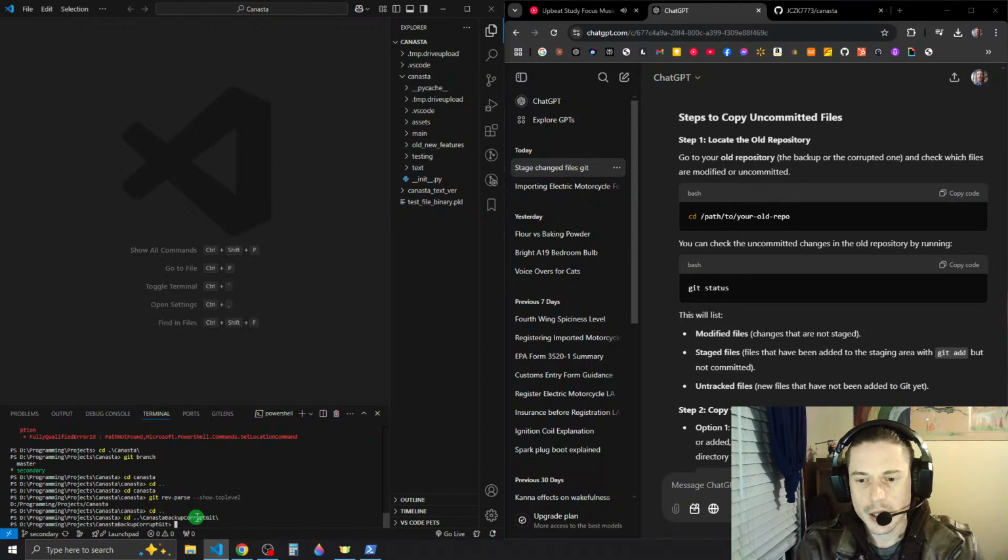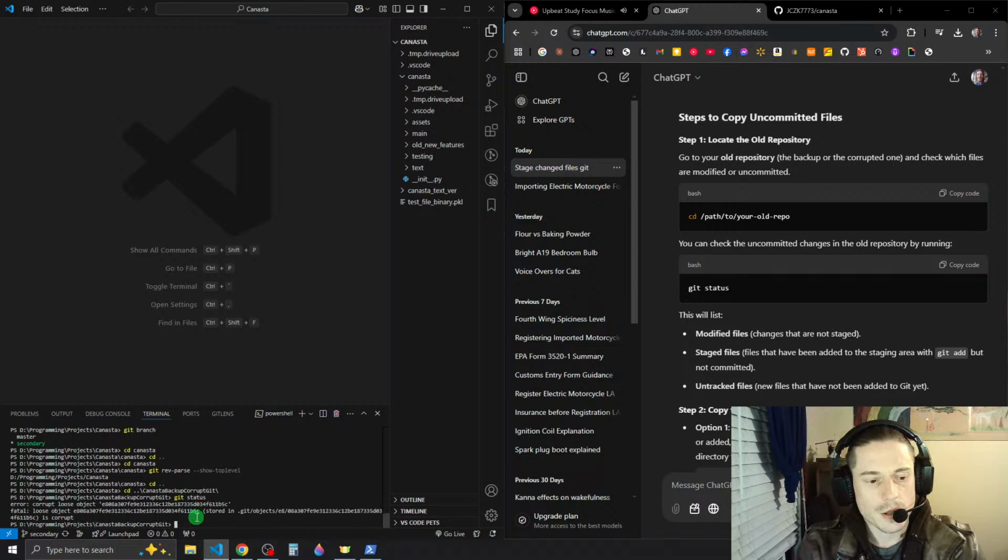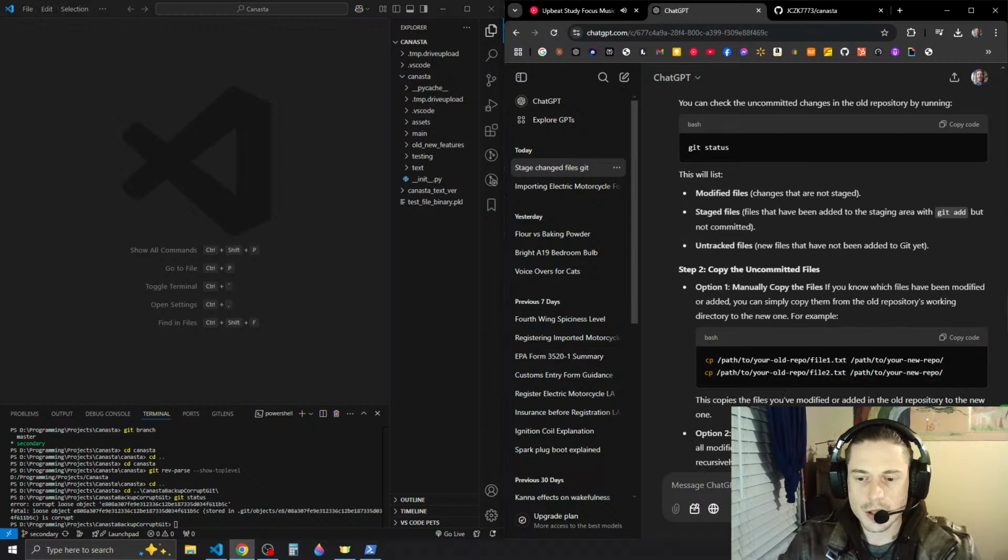There we go. And now we do git status, and we have the loose object going on. Okay, and you can check the uncommitted changes. It doesn't even show them. Okay, so it doesn't show them.